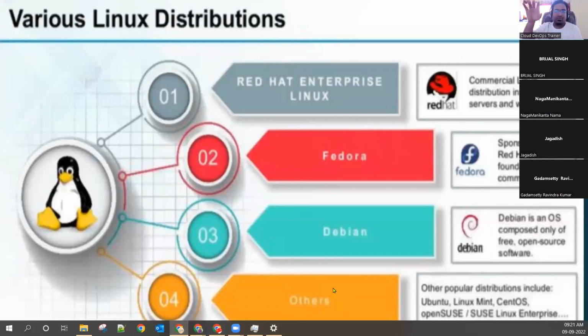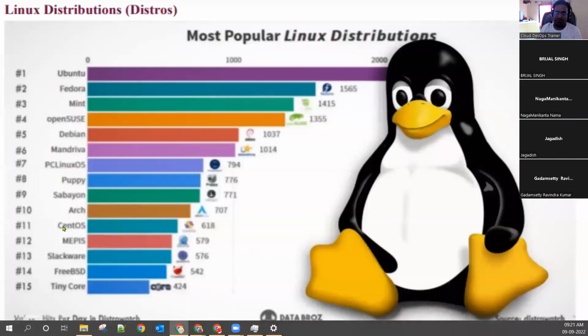In the others, Ubuntu is the most popular, but there are also open source flavors like Linux Enterprise, CentOS, and Mint. These are the names available in this flavor. I don't want you to remember all the names. I want you to remember the names Ubuntu, Fedora, Debian, and CentOS. Only 4 names are enough